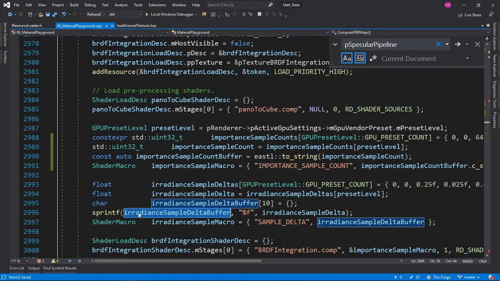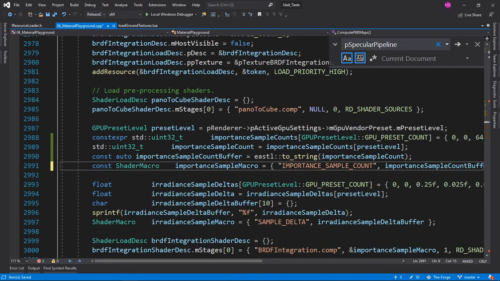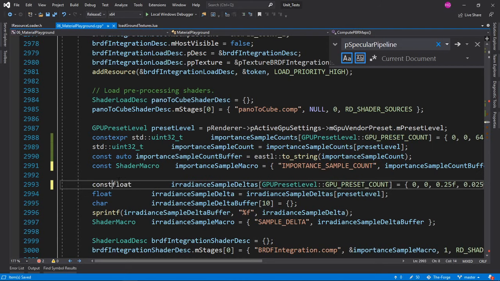Also, we have another string here, and what? Oh yeah, and here we are putting a floating point. So what I believe is that they're using these shader macros just to pass variables to the shader. So these shader macros are probably being replaced. So that is what these are. Also, we can make this one const. This is part of the thing we did last time as well. Constexpr, constexpr, everything we can.